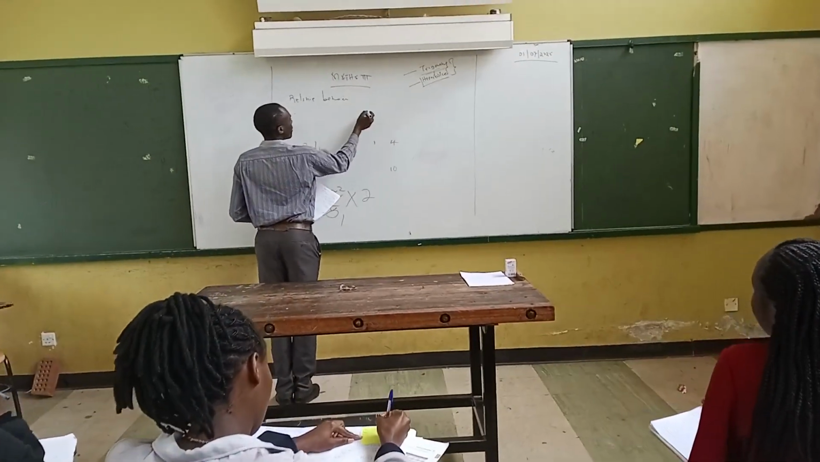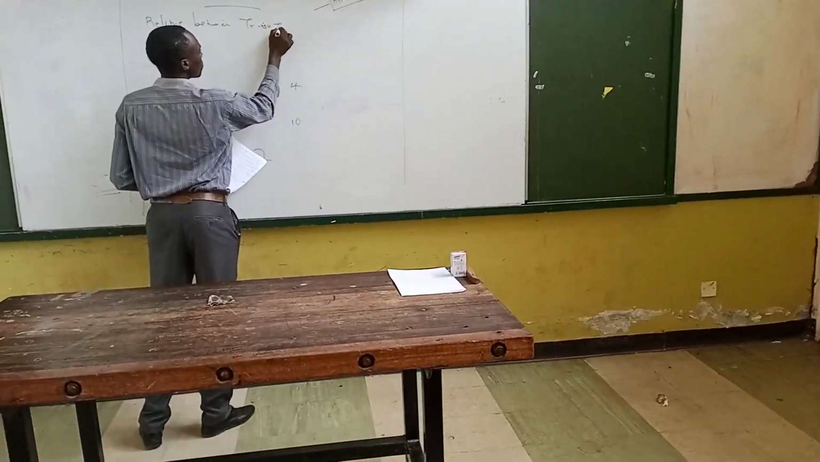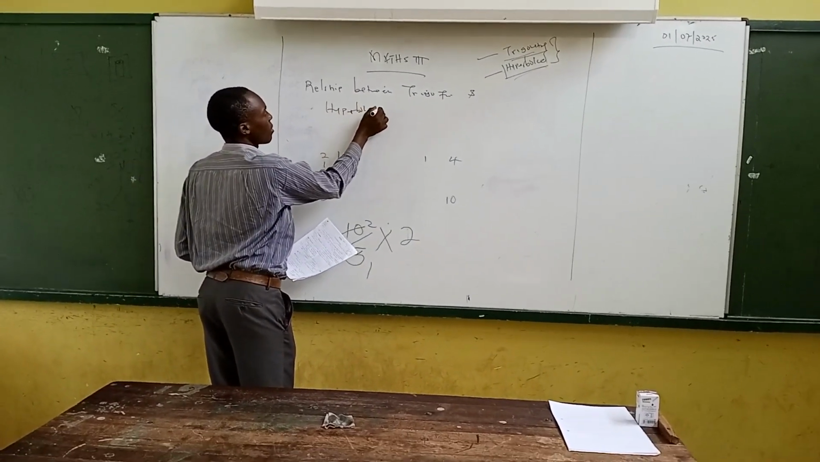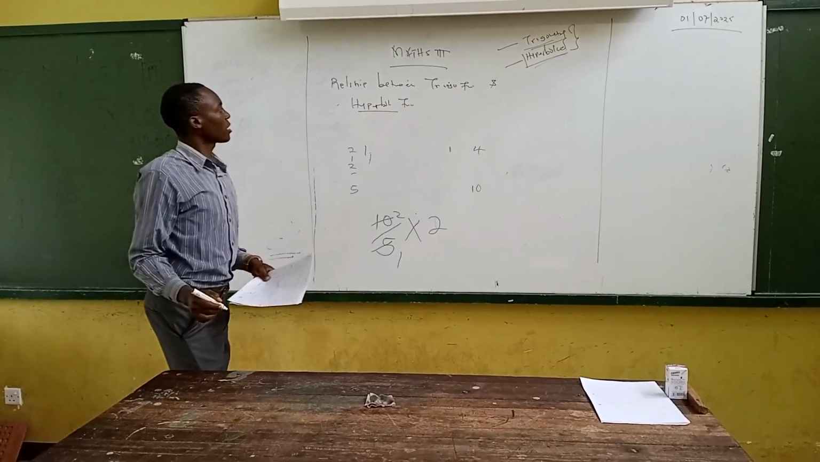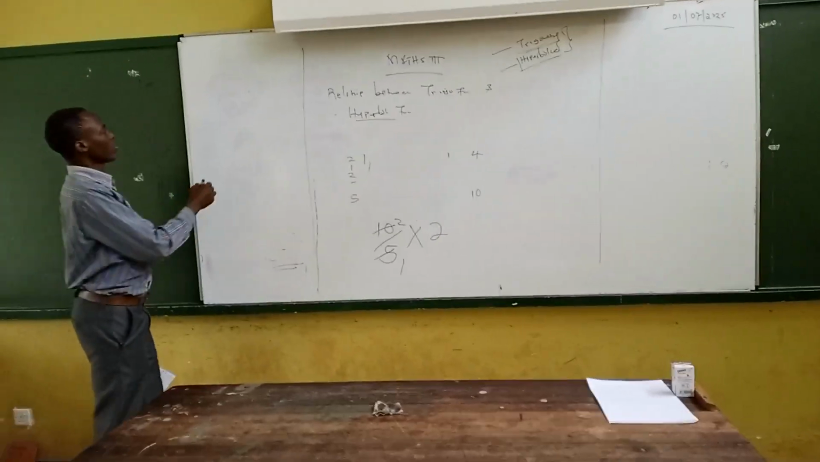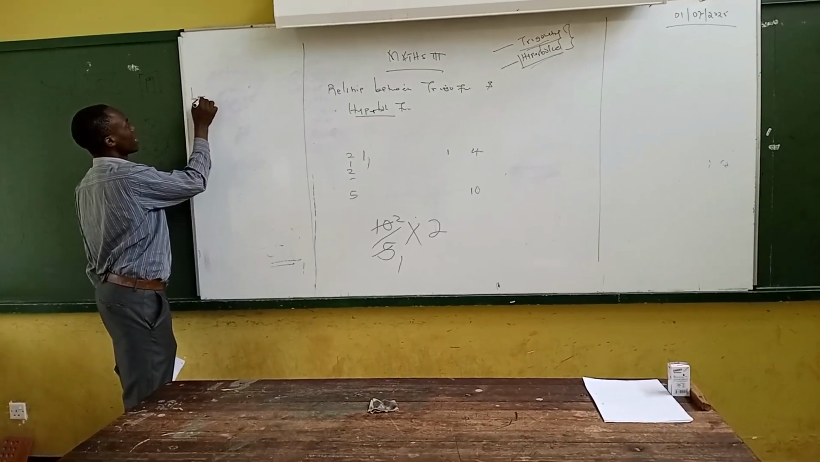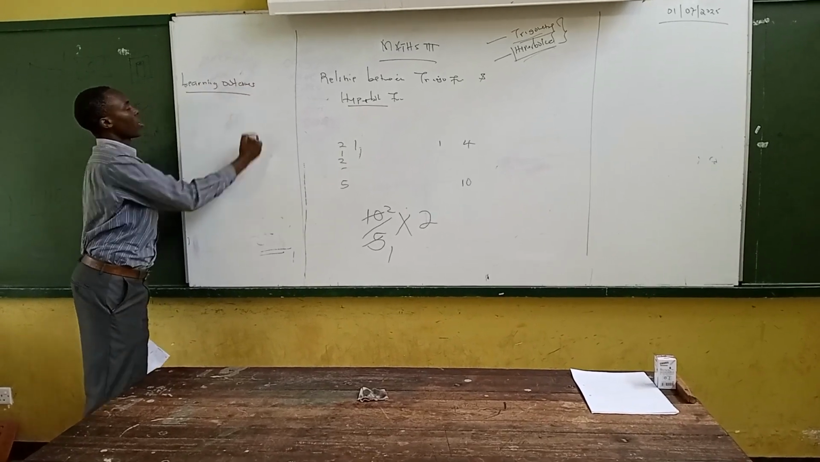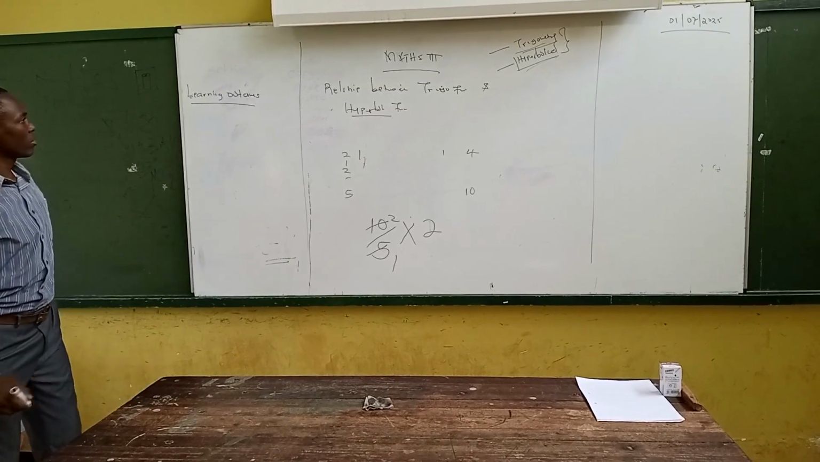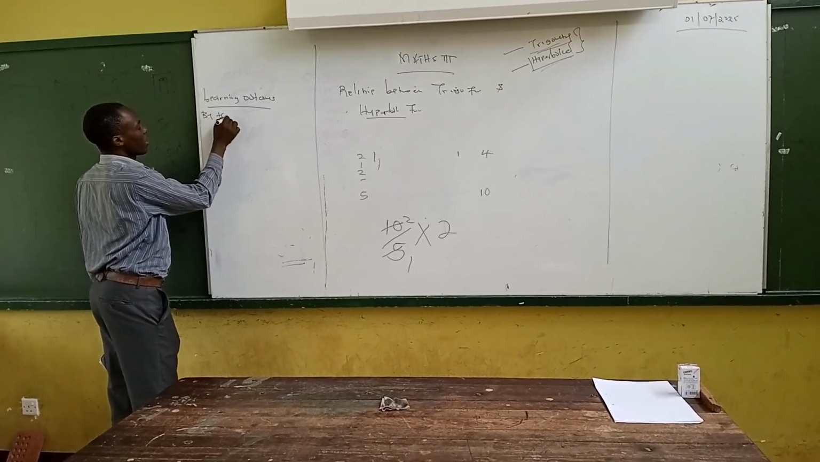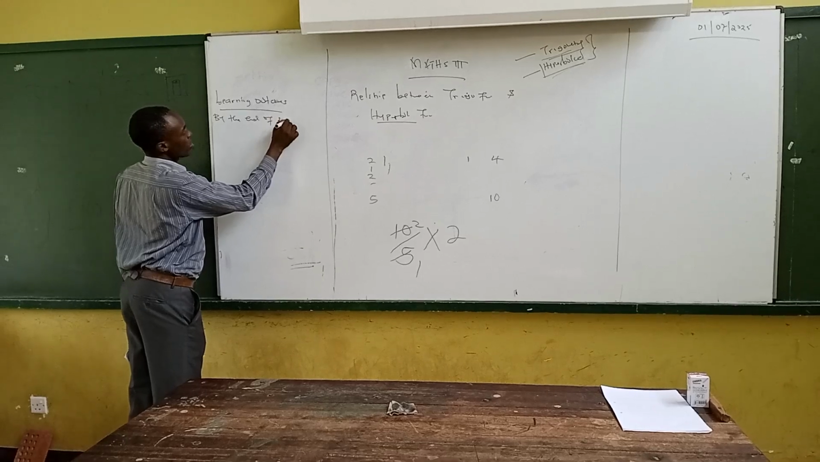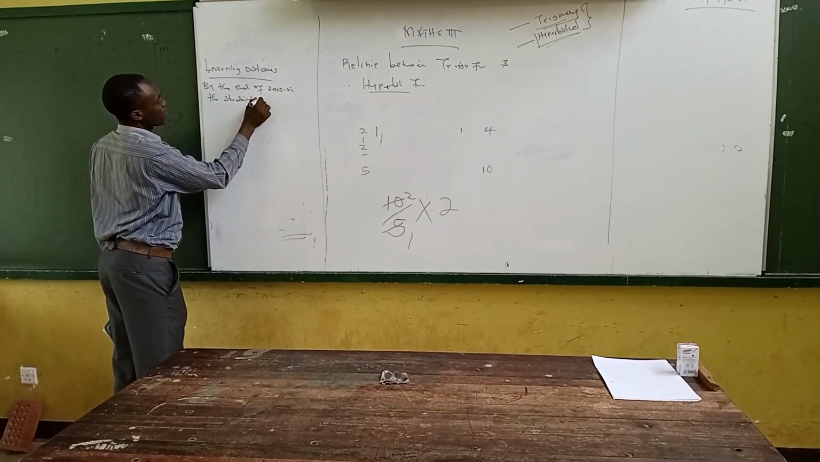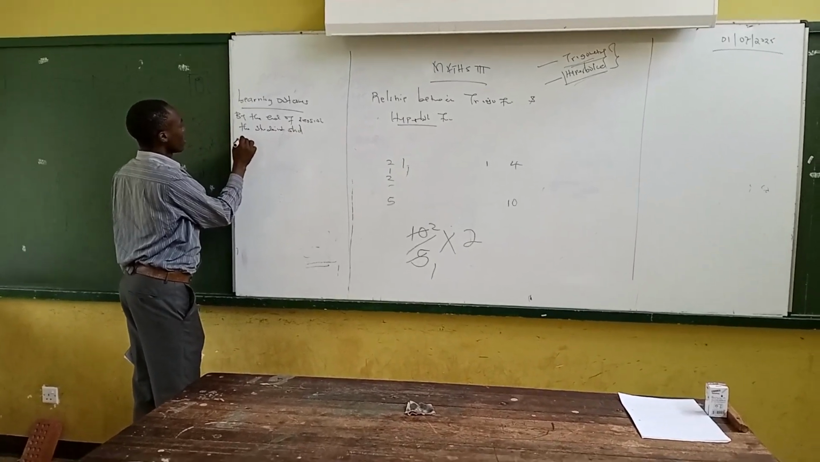Now I can write it here: the relationship between trigonometric functions and hyperbolic functions. What are some of the learning outcomes which we need to achieve by the end of this lesson? The learning outcomes at the end of this session include that the student should, one,